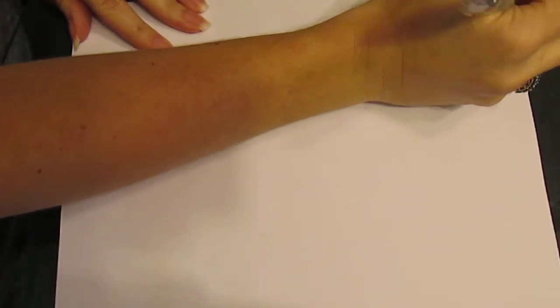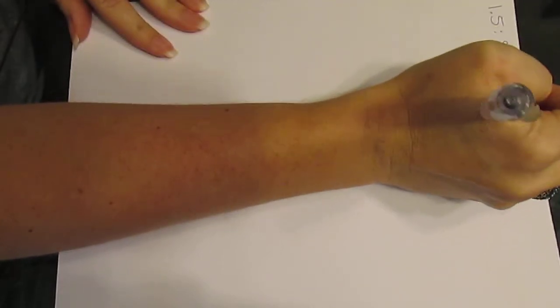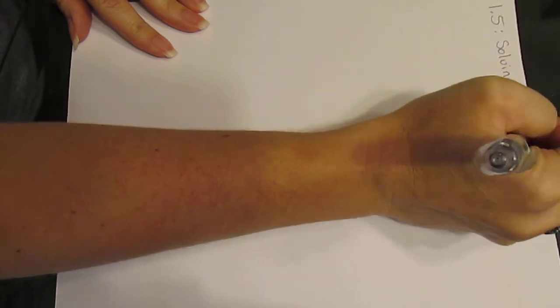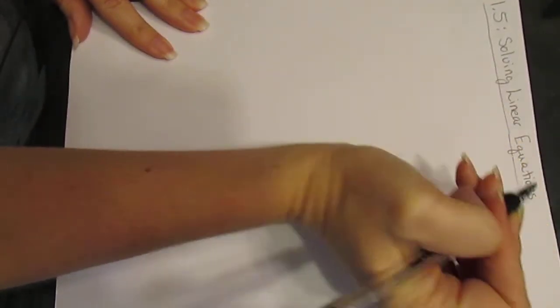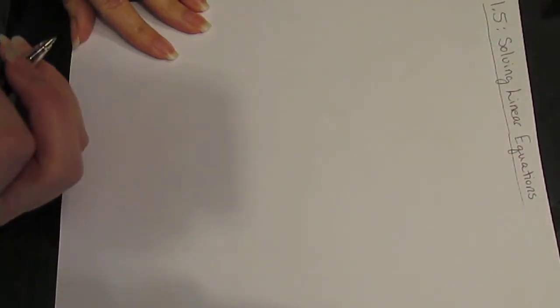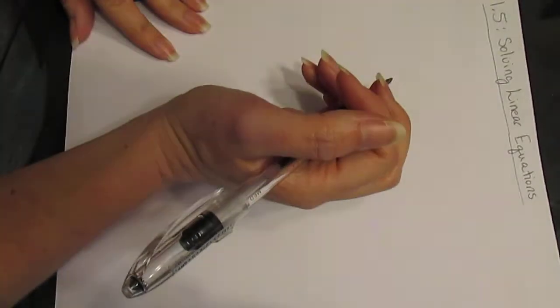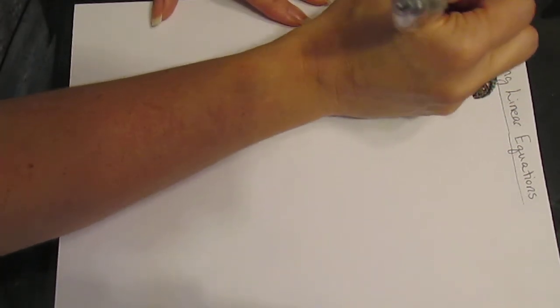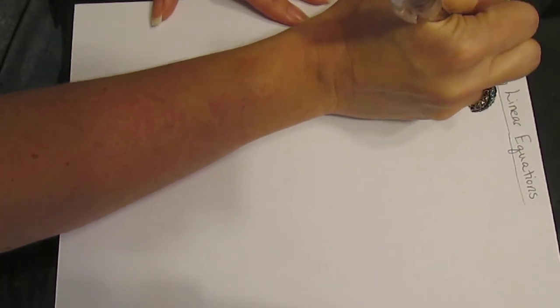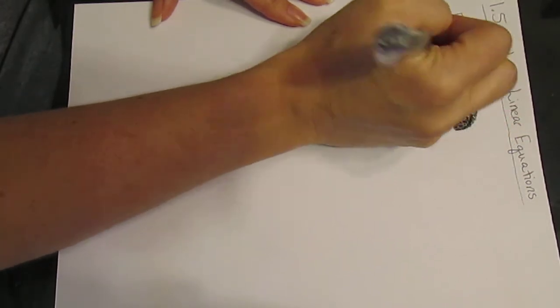This is section 1.5. We're going to be solving linear equations. I'm just going to do a few examples from the notes, so make sure to look at the notes on Canvas. It'll give you all of the examples. Okay, so for example 1, we've got